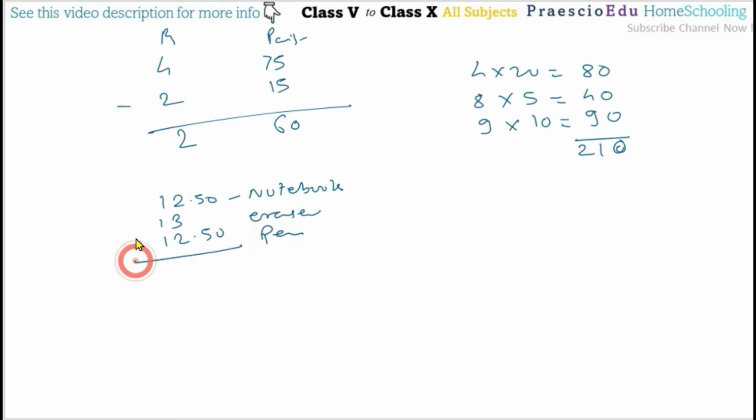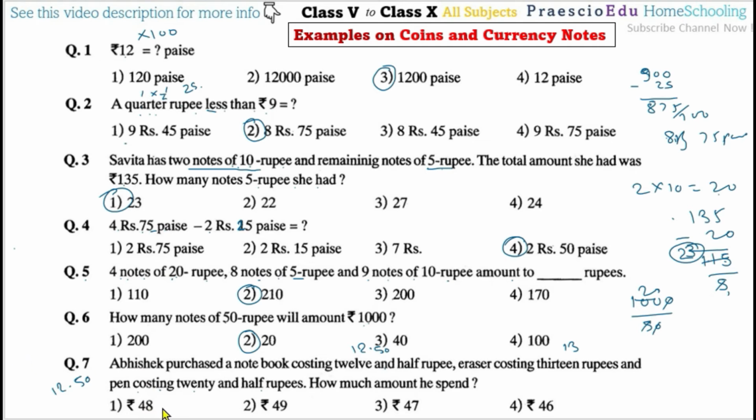Okay, so after this addition, 50 plus 50 is 100, means here 1 rupee we will add directly, and the decimal point stays as it is now. 2 plus 2 plus 1 is 5, plus 3 is 8, and then 1, 2 and 3, so 38 rupees. And this 38 is not here, it's supposed to be here. If this option is 38, then this option will be correct, but our answer is 38 rupees. But in this one, no option shows it. Okay, so a student can mark any one of the options as the correct answer.